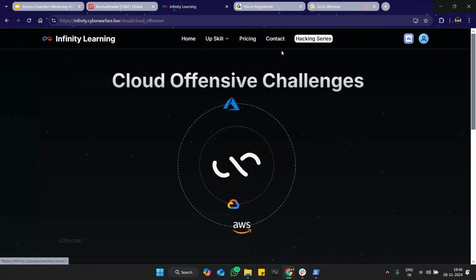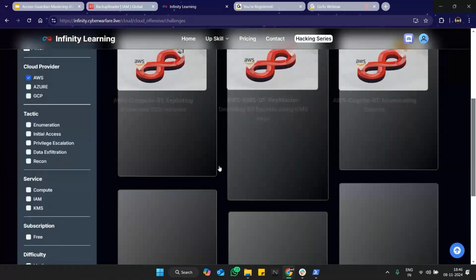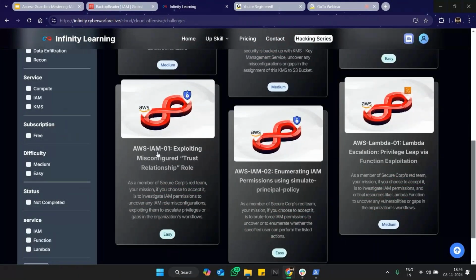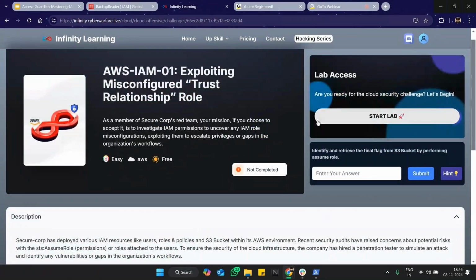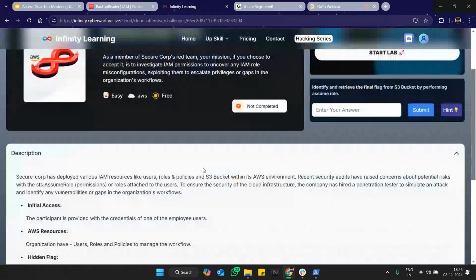Let me go to that. Here in AWS challenges, click view all. Then you have to move to AWS IAM 01, exploiting misconfigured trust relationship role. We can practice this particular thing from here. You will be finding everything here. You will be getting the description, all the details,